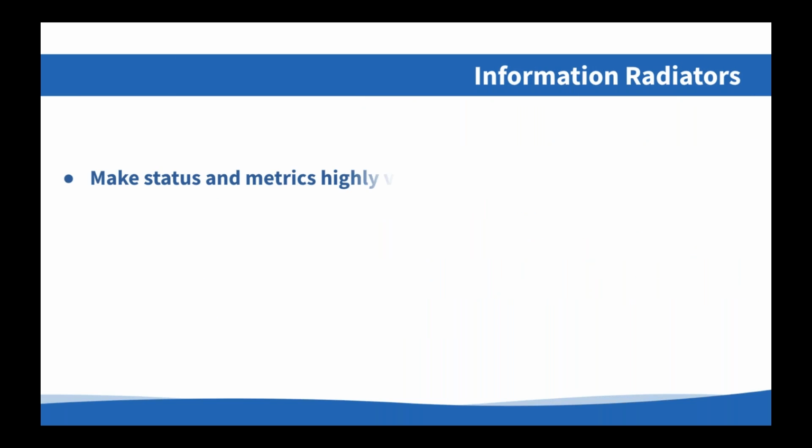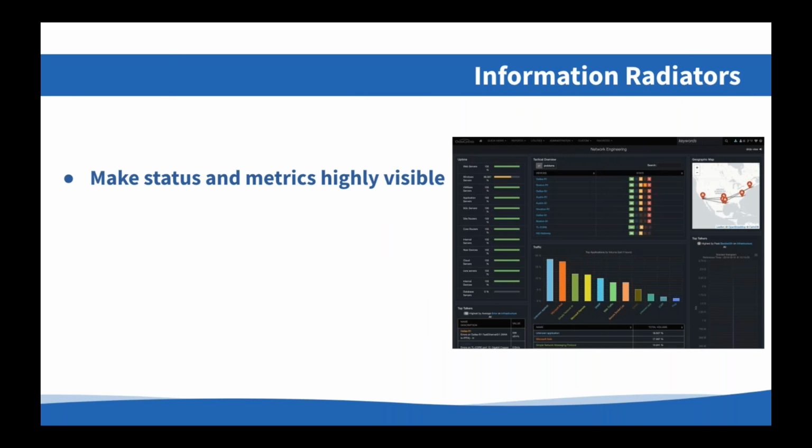Now, we also recommend that you consider using information radiators to share status information to assist communications during a crisis. So an information radiator is just a system designed to display status information in a public area, like a monitor on the wall of a hallway that everyone has to walk through. So you can display things like application views or more technical ones depending on the audience, but this allows you